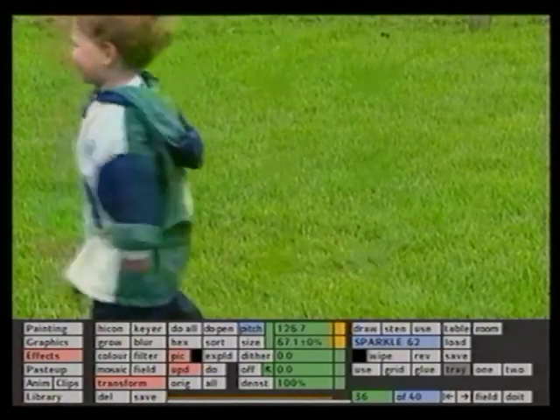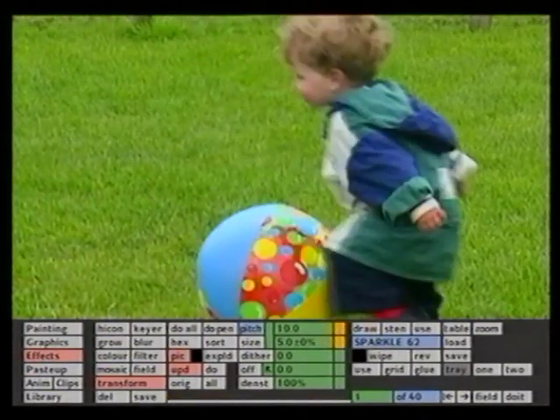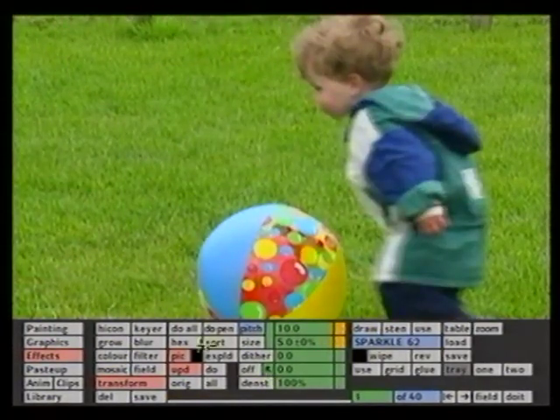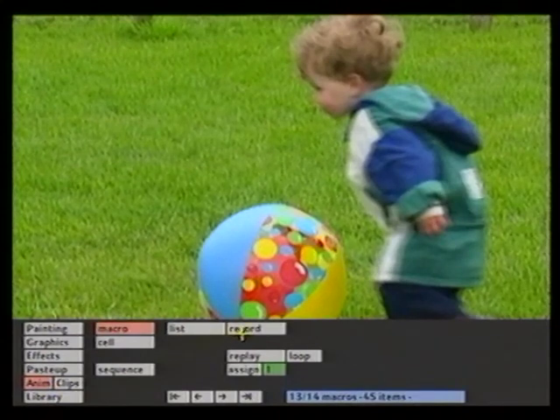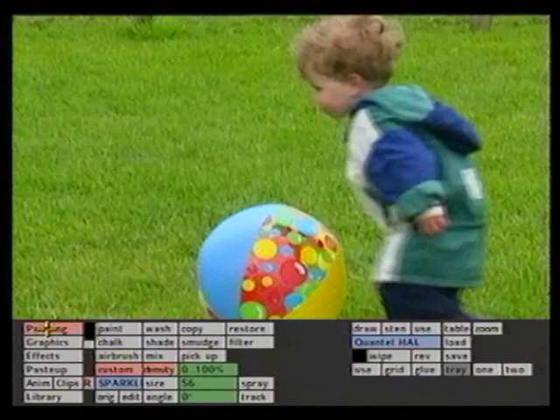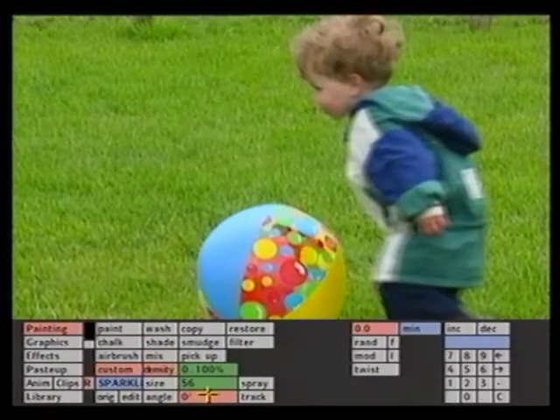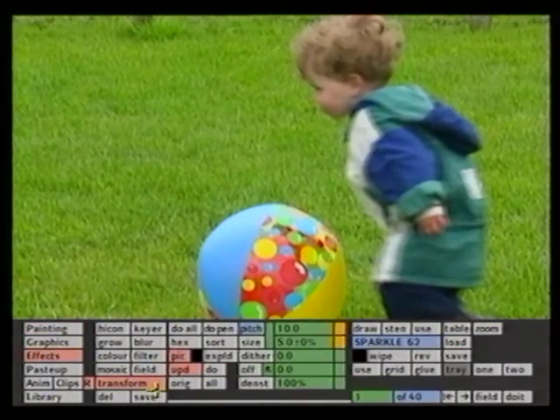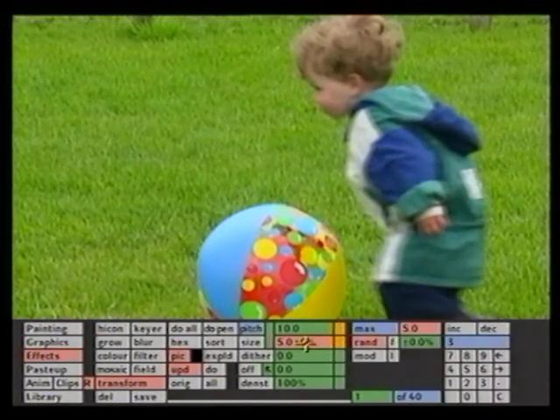I'm going to rewind the clip to the beginning, go into the animation menu, select record. The record flag appears to indicate that all subsequent operations will be recorded into the macro. I go into painting, select brush angle, increment the brush angle, go into transform, open up the size box, increment the randomness,